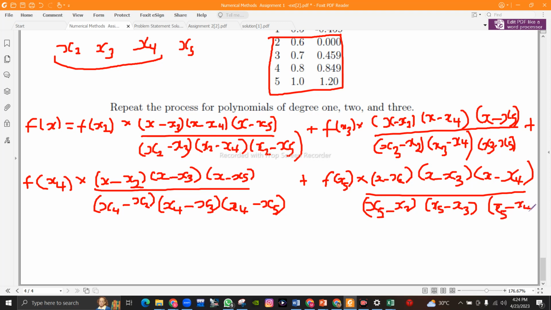So you solve this yourself, you interpolate it, and you should get your f of 0.9